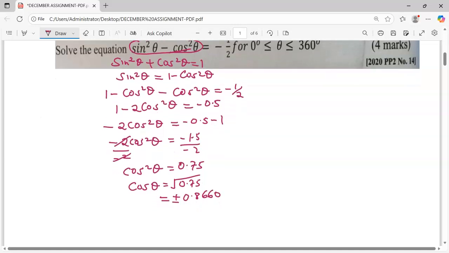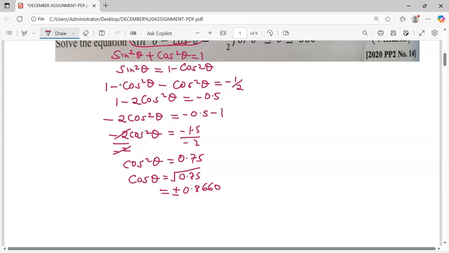Once we have done that, we are going to proceed by reading off the cos. So the first value of theta, let me call it theta 1, will be equal to the cos inverse of positive 0.8660,